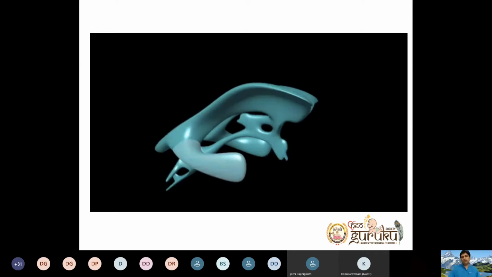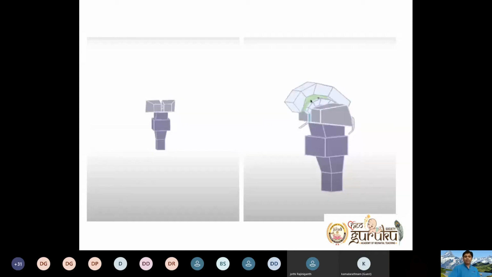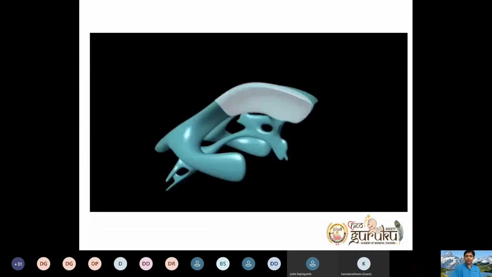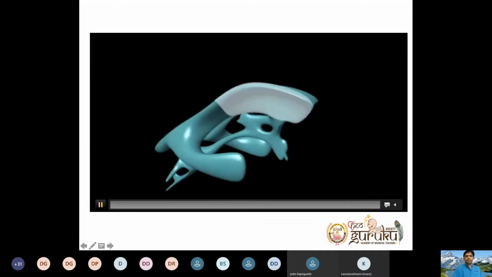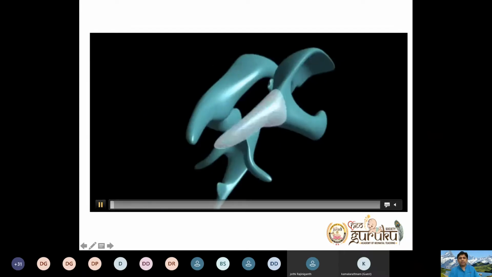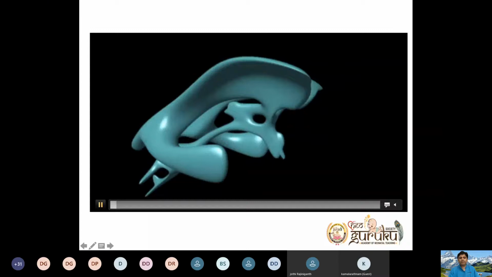You can see this is the ventricular system. So you can see here what you're seeing. This is your lateral ventricle. Then that has got anterior horns, body. This is your occipital horn, and this is your inferior horn or temporal horn. So this is the posterior occipital horn, which we are seeing now.